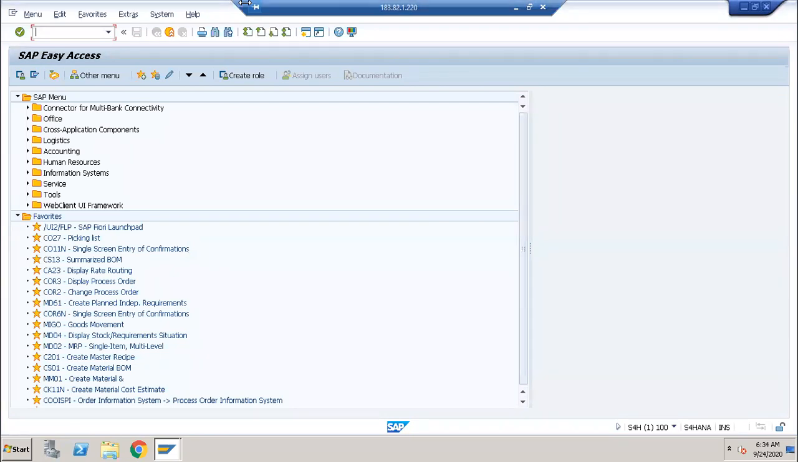Good morning to everyone. In the last class, we discussed the differences between RFC and BAPI, and how we can connect two SAP systems by using RFC. Yesterday we checked that, and mainly BAPIs